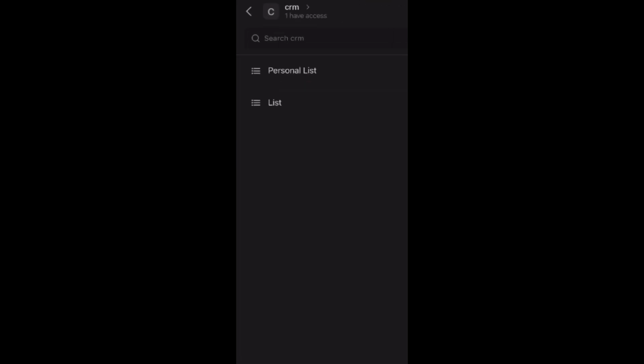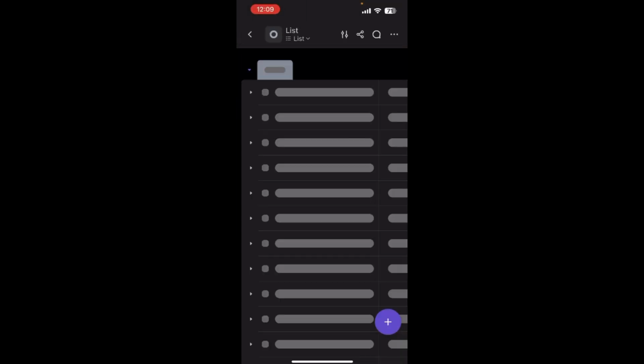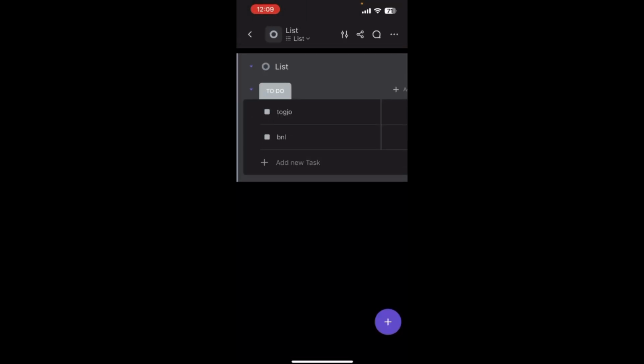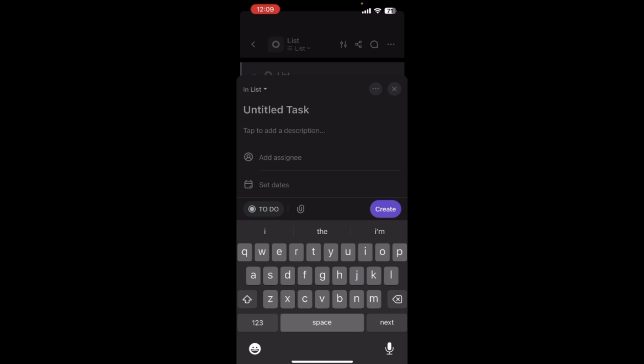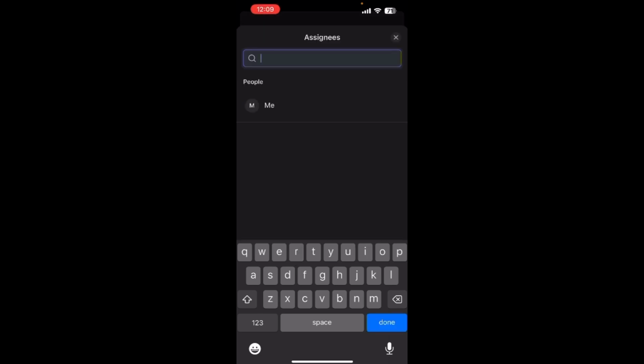Once you're there, tap on the list and get this plus icon right over here. Just go ahead and tap there and now write down the name of the task. So let's say you are trying to assign a task of editing. Just go ahead and tap here, tap on assignee, and now choose the people you want to assign the task